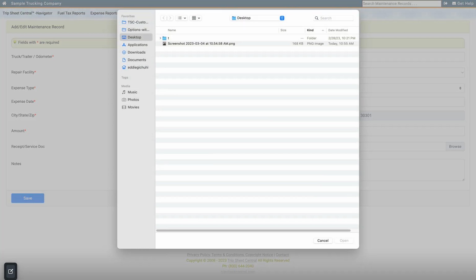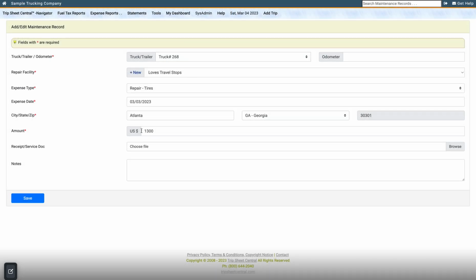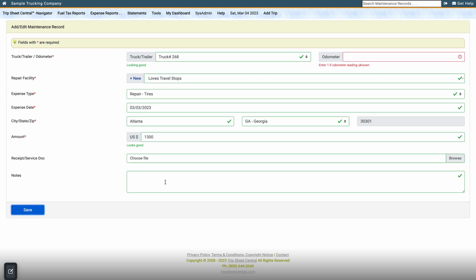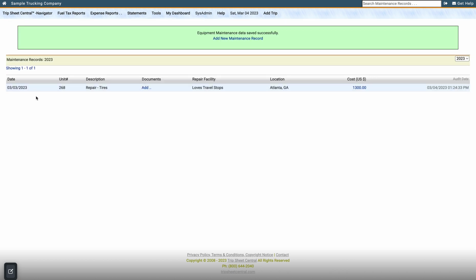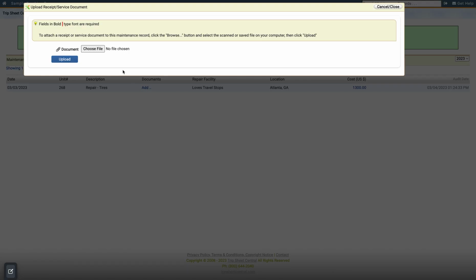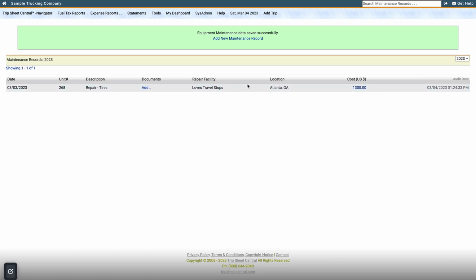If you have a receipt, and you more than likely do, you want to put in your receipt. Scan your receipt as a PDF document, and then add that. Click on save. Odometer 1, if odometer reading unknown. I don't have the odometer reading right now, so I'm just going to put 1 and click on save. Now you have a maintenance expense that is recorded. When you come back and you have the receipt, you can go back and add the receipt. You don't have to have it right there and then. So that is a way to maintain your fuel expenses